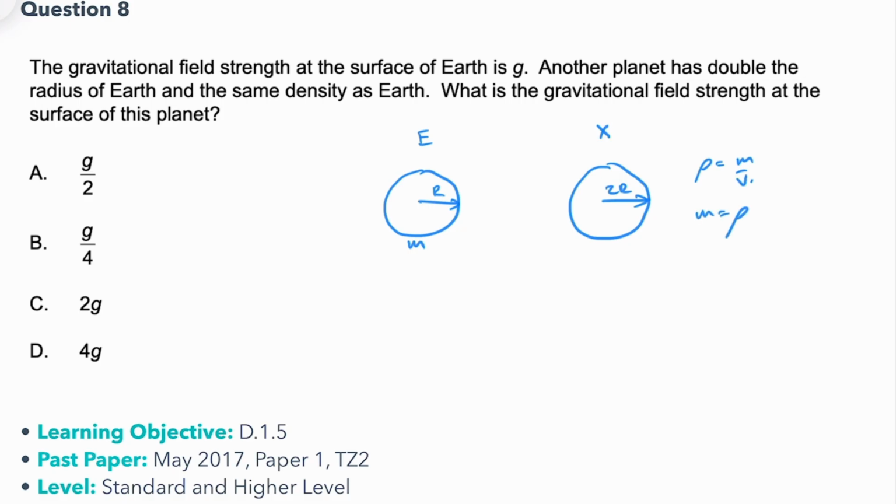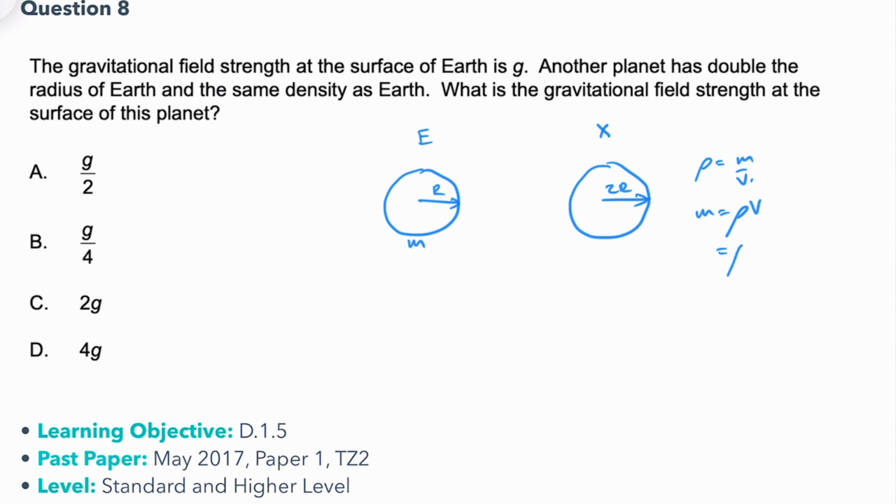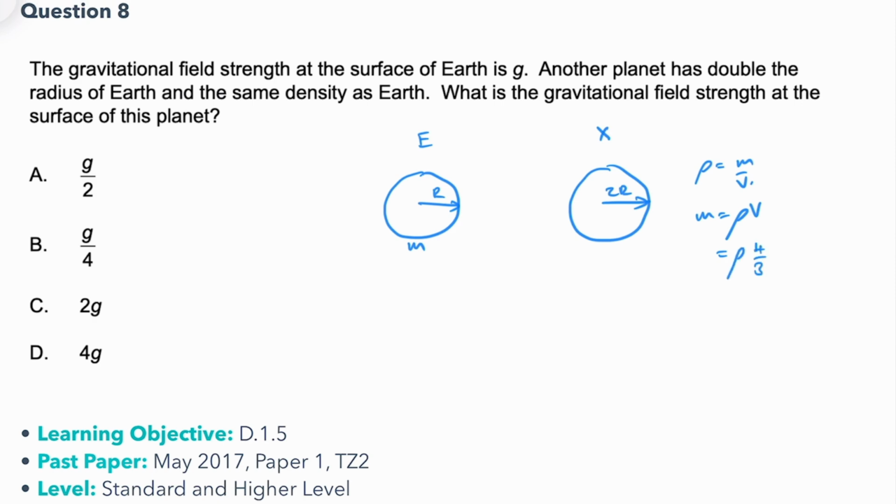Mass is equal to density times volume. Well, we can work out the volume of this sphere. Density times 4 over 3 pi r cubed. That's the volume of a sphere. But r isn't just r, it's 2r. So the mass of this object, this planet X, is equal to density times 4 over 3 pi (2r) cubed, which gives us